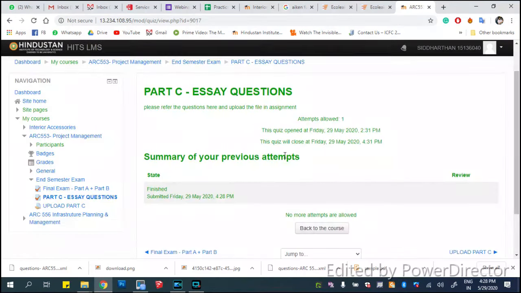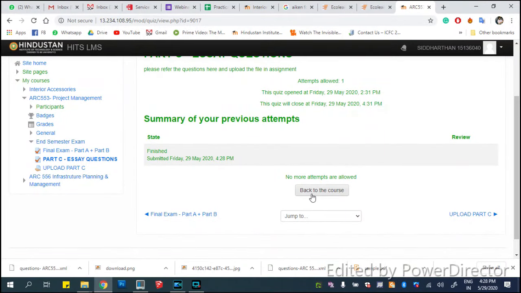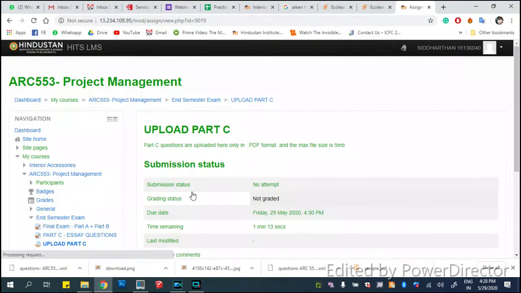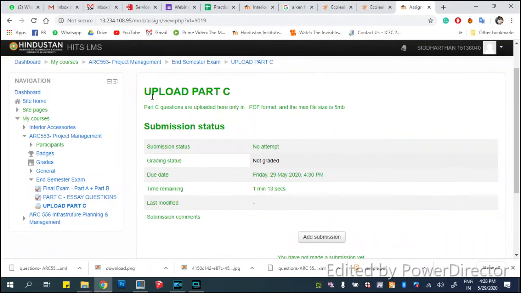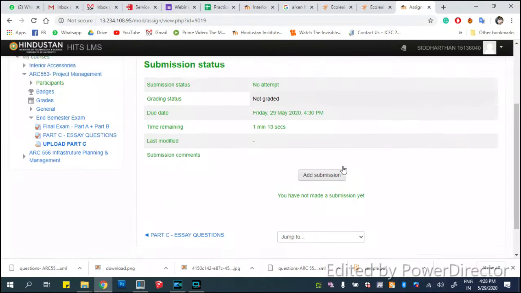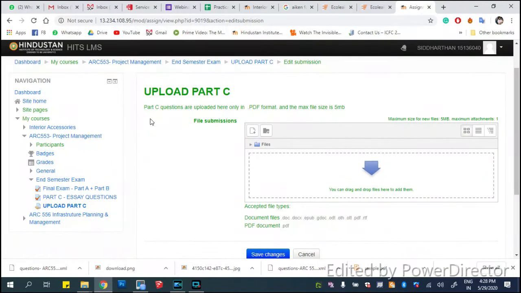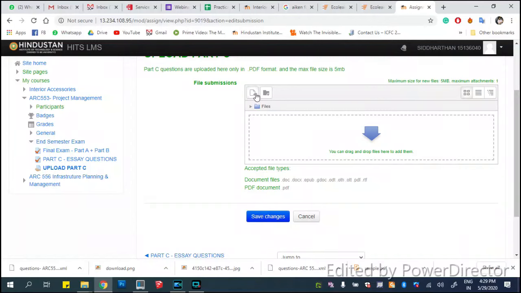So once you have your time to do this, if you're writing on paper, you have sketches to draw and diagrams and other things, you do it on the paper, and then you go back to your uploading part where you have to upload whatever you have written. Here you have add submission. Just click on add submission, and it would ask you to submit a file, and you should read the instructions carefully. It should be uploaded in PDF or whatever format was asked, and you should know the maximum file size. And then you have to select a file, or you can also drag and drop the file.